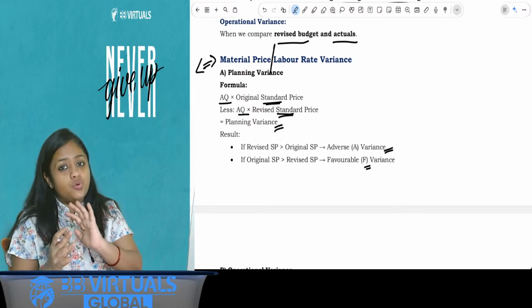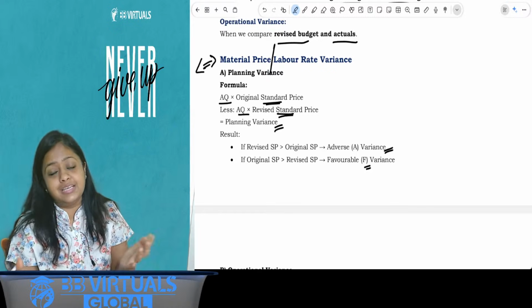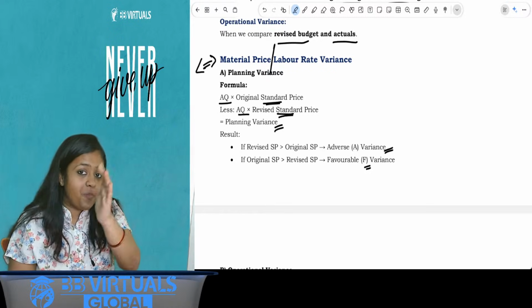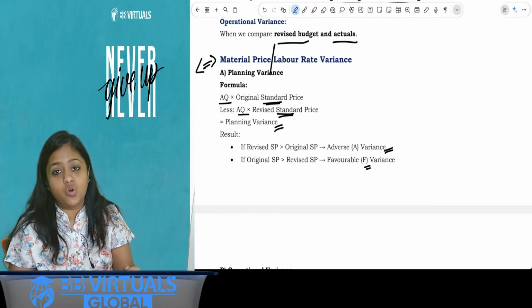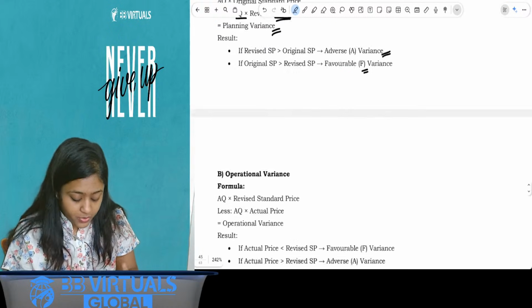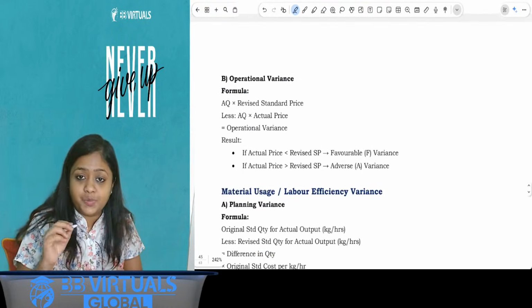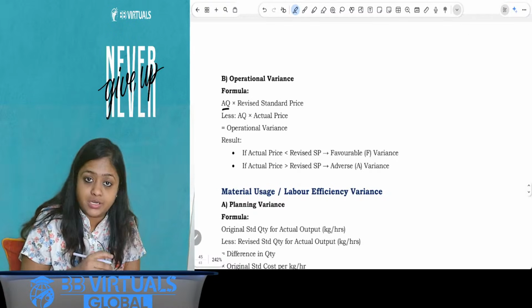So ideally it's going to cost less. When it's going to cost less, it's a saving for the entity. So if we go by the same trend, then the actuals will also cost less. Clear? Now, when we look at the operational variance, we take the difference between actual quantity, that is always going